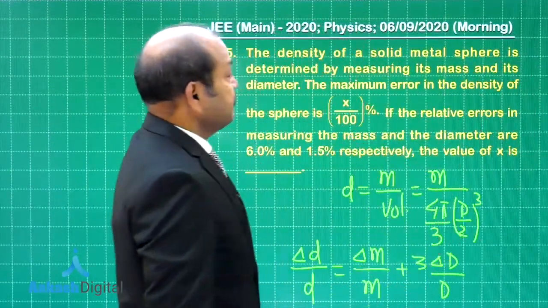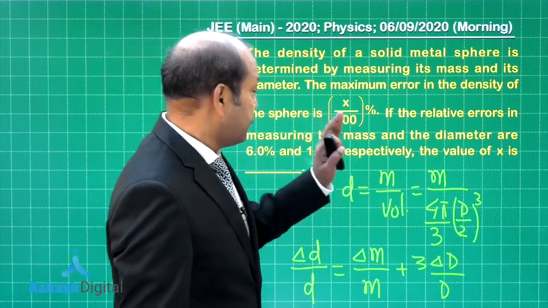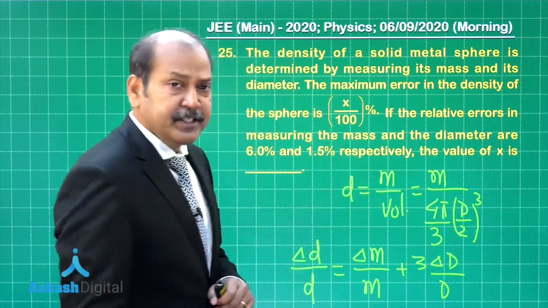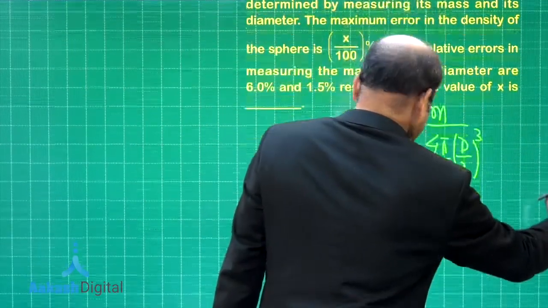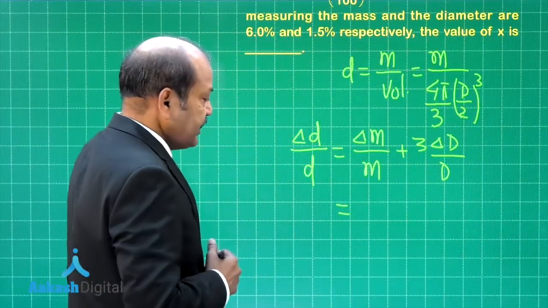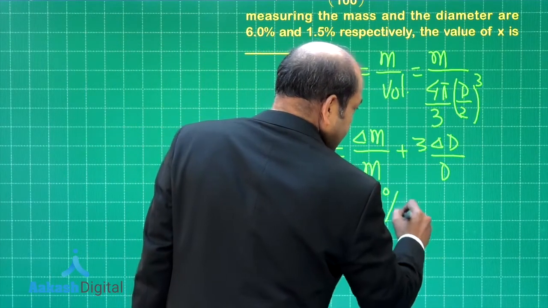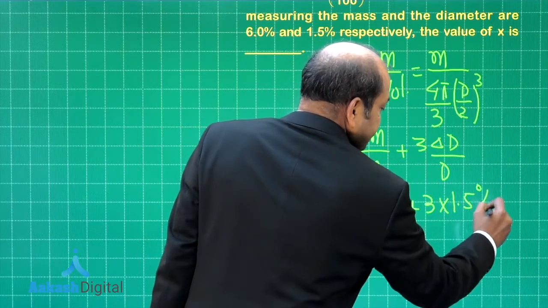According to the question, relative error in the measurement of mass is 6%, and that in the measurement of the diameter is 1.5%. So, that means the relative error in the measurement of density is now 6% plus 3 multiplied by 1.5%, which is coming out as